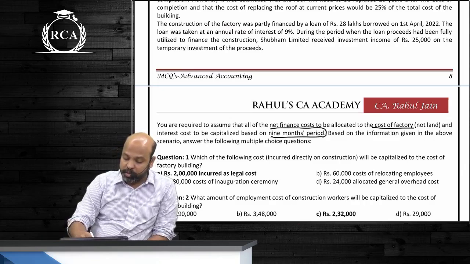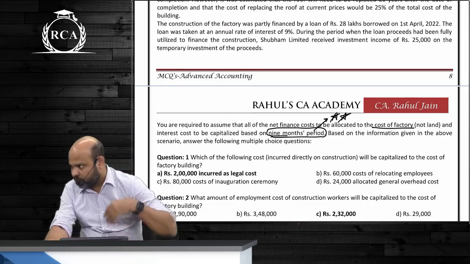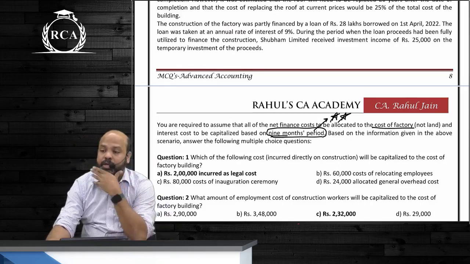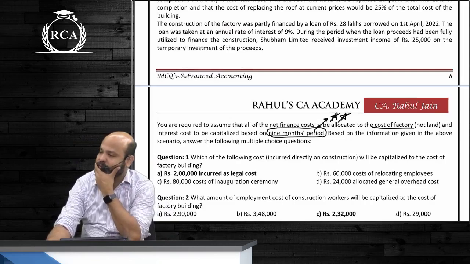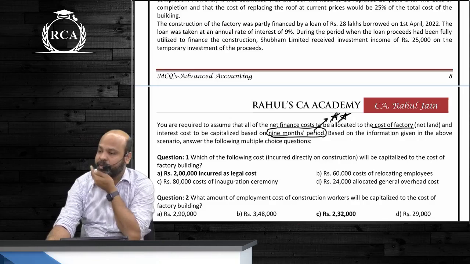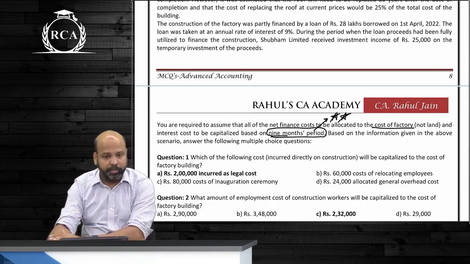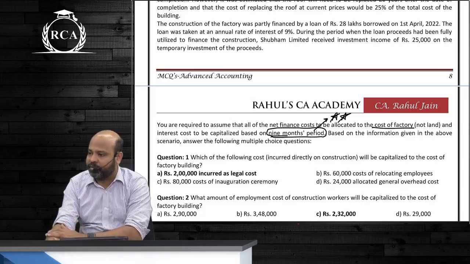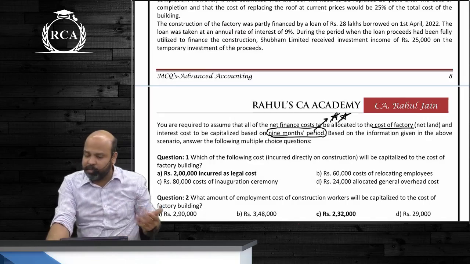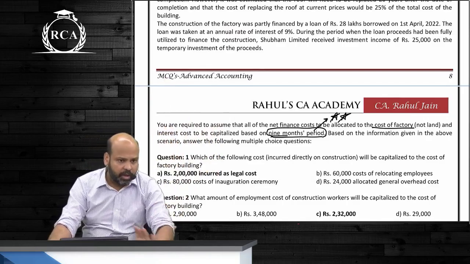Most important part, guys. Underline this. If this point was not given, we would have capitalized interest for 8 months. Normally, we have learned, guys, that specific borrowing should be capitalized right from day one. Yes or no, guys? However, borrowing cost can commence only if expenditure on the related qualifying asset is being incurred. You can't just take a borrowing and sit on it forever, saying we will start capitalizing, we will start the work someday later. Here it is 9 months.